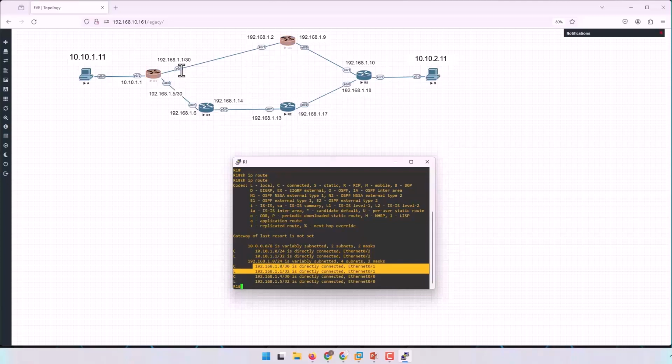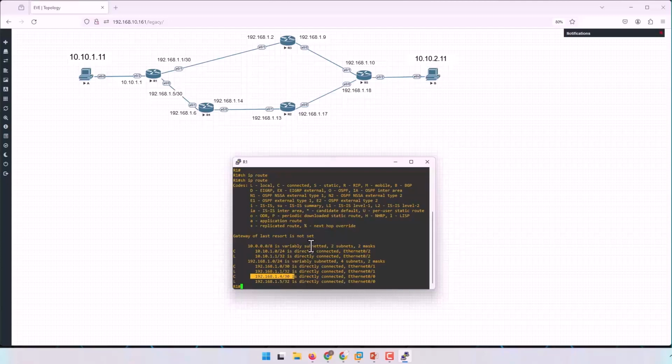Network 0 is connected to Ethernet 0/1, this one, and the first IP address is 1 and the second IP address is 2, and for network 4, the first IP address is 5, that is configured here, and 6 is configured on the other side. This information actually comes from CDP or LLDP, that when we connect two network devices together, they communicate and send and receive some information to each other to discover